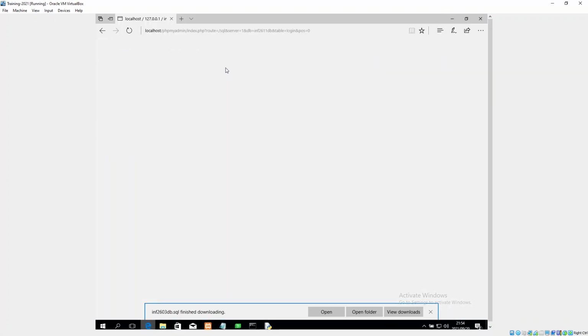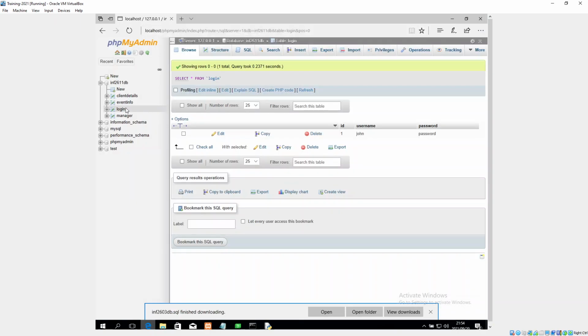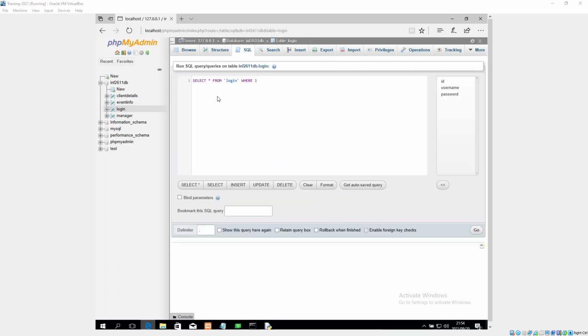If you go here and you've got your login here, you can click on SQL over here, and once it loads up, you can say select star. You can say select star from, and there it's already building the command for you. And you can say where username and password